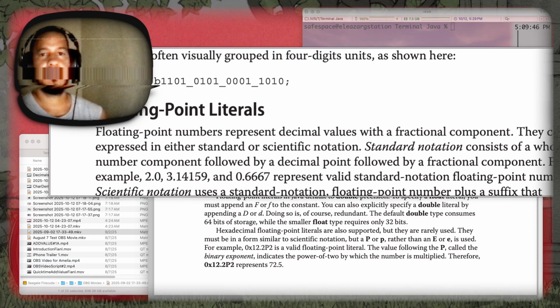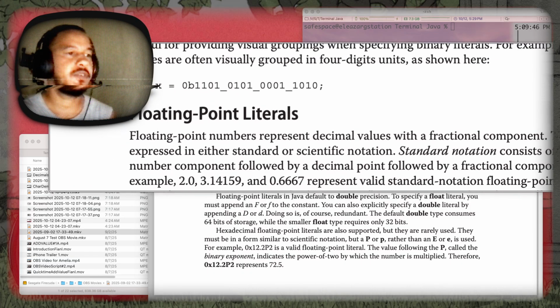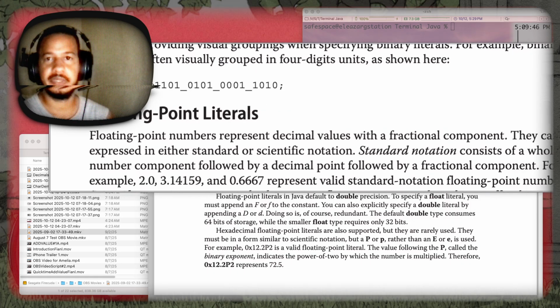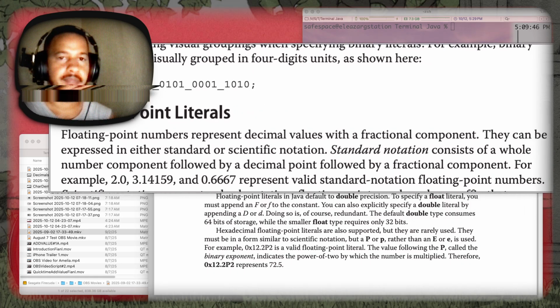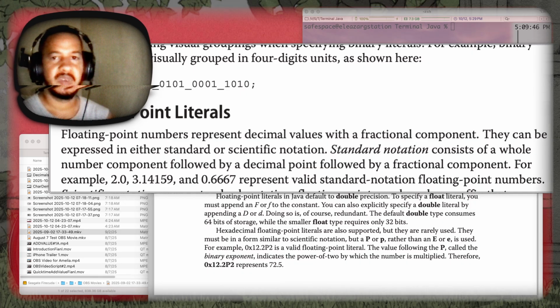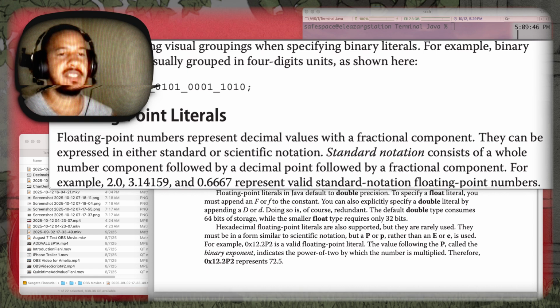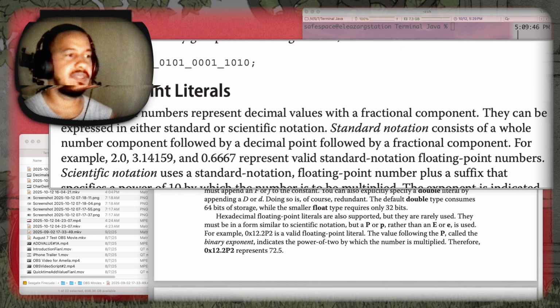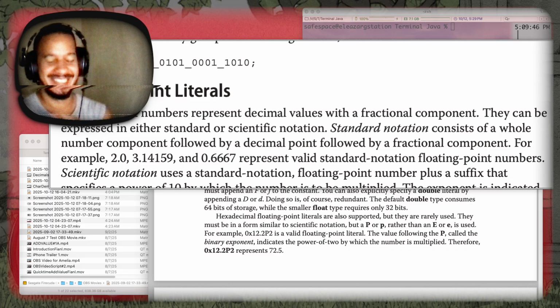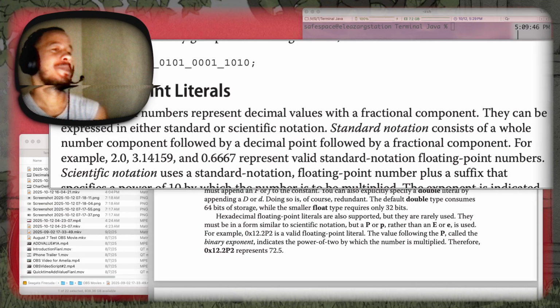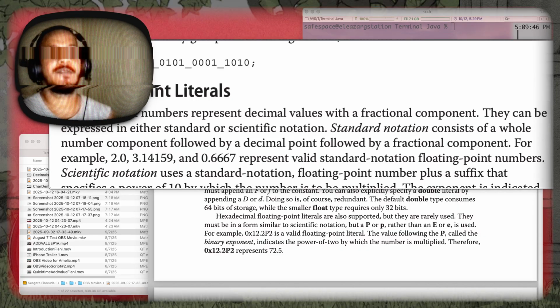All right, so floating point literals. Floating point numbers represent decimal values with a fractional component. They can be expressed in either standard or scientific notation. Standard notation consists of a whole number component followed by a decimal point, followed by a fractional component. Okay. So for example,